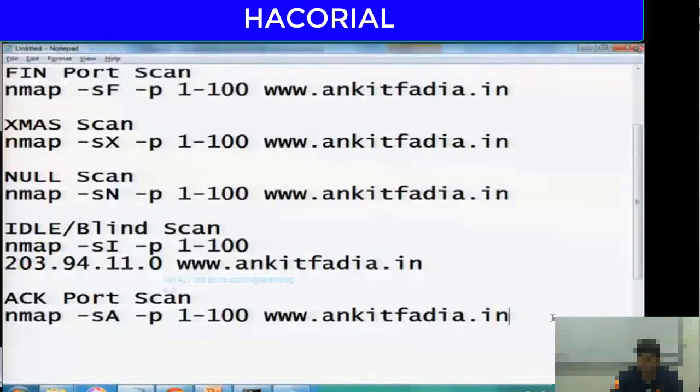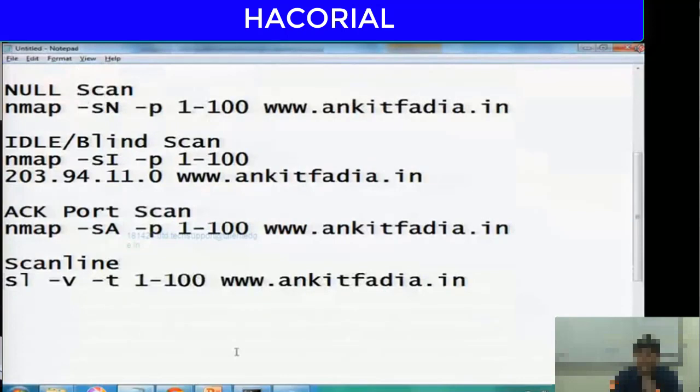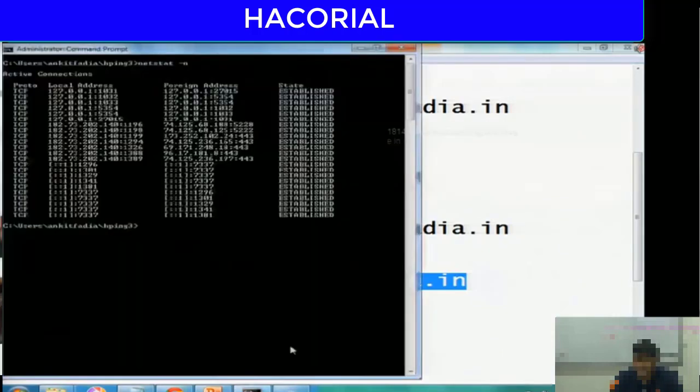So I'll just copy the command so that all of you can write it down as well. The command that you got to type is SL space -V. V normally means verbose, which means that more detailed information is given in the output. -T is used to specify the range of ports. So in this case, the range of ports is 1 to 100, followed by the victim's IP address or host name. So in this case, the victim is ankitfadia.in. So let me copy the command